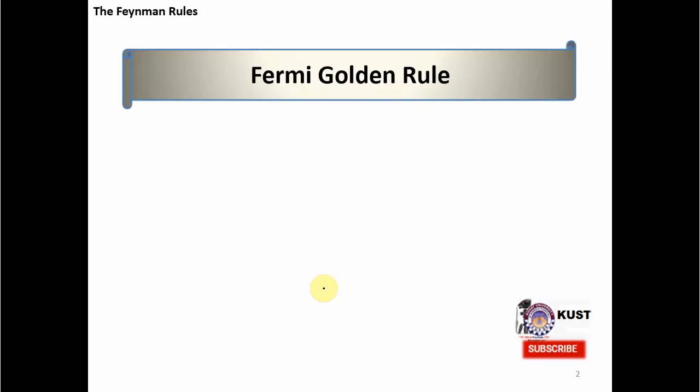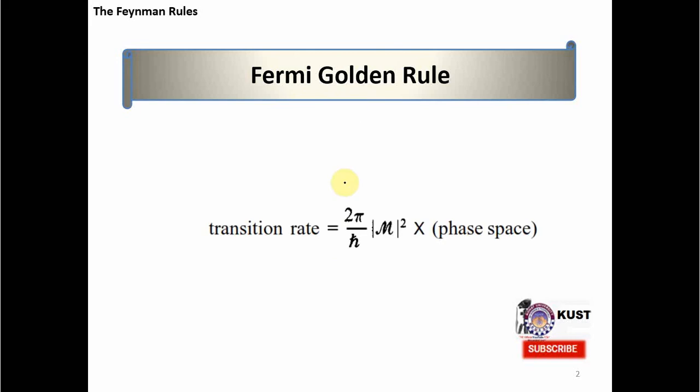So, to start with, I bring you back to the Fermi Golden Rule. If you remember, the general form of the Fermi Golden Rule was that any transition rate can be calculated in terms of two basic quantities: the amplitude, which is this first quantity, and the other one is the phase space. So, this transition rate can be a decay rate or it can be a cross section.